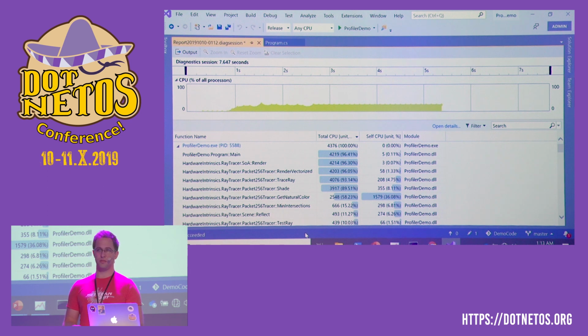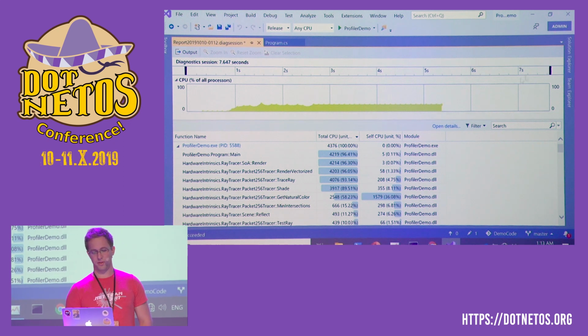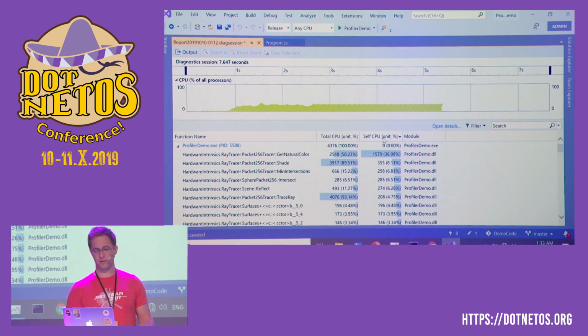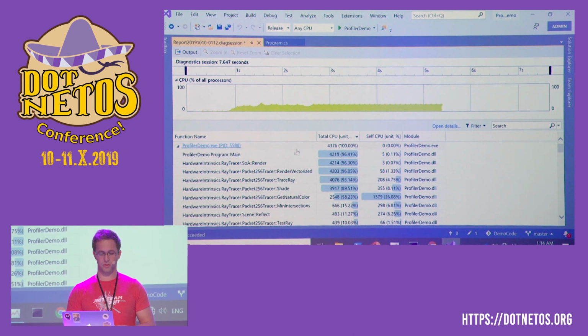And in performance investigation, we are looking for top exclusive time contributors because they're doing the most work, and this is what we care about. So first, a very trivial thing, we can just sort by exclusive time. And as you can see, I already know where we are spending 36% of time. However, you can also go in the other direction, and you can just dig in from main